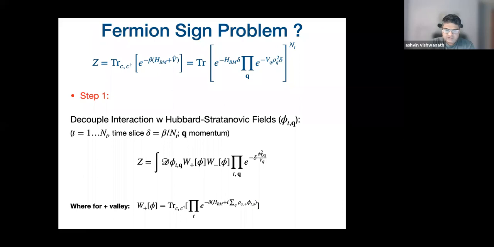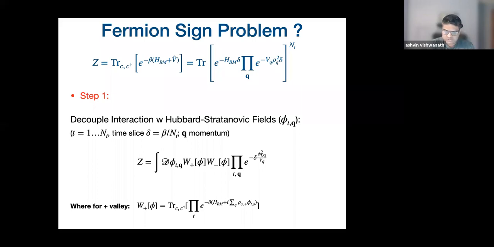Very briefly, the way in which you do this simulation is that you have an interaction V. The basic object you want to find is the partition function at finite temperature. You have a trace over e to the minus beta H. You do a Trotter decomposition into the single-particle and interaction parts, and then you Hubbard-Stratonovich decouple these interactions. You write it like this, where there's an integral over the Hubbard-Stratonovich field, which is just a rewrite of this problem. But there are weights that come along with the Hubbard-Stratonovich field, W plus and W minus. These you get by integrating out the fermions.